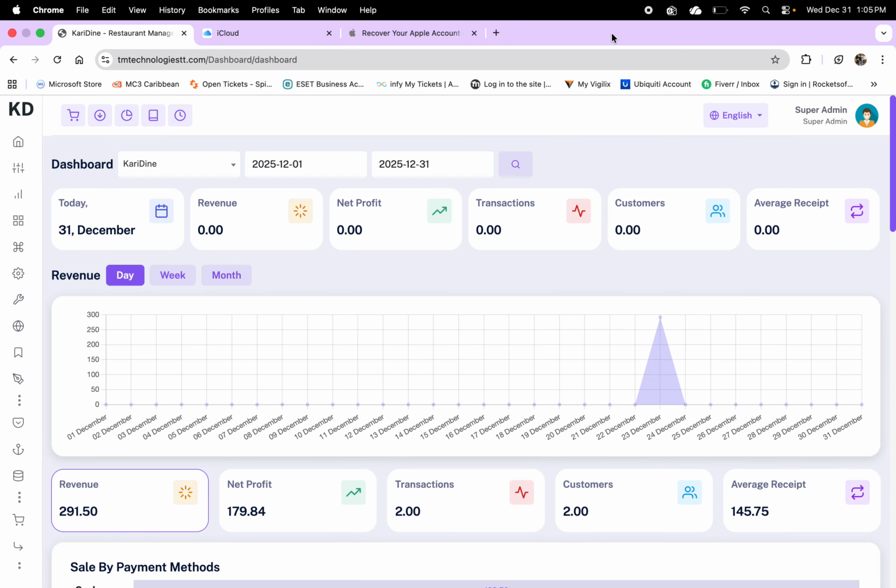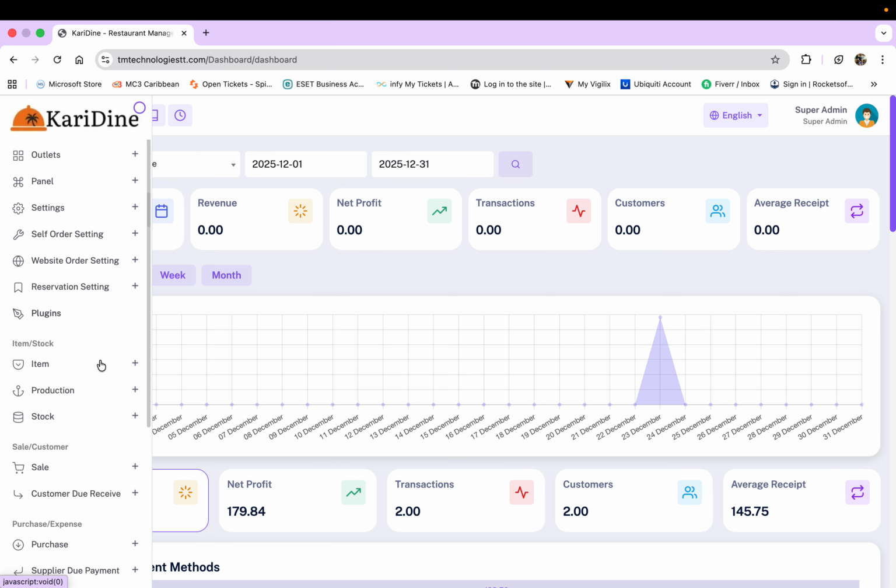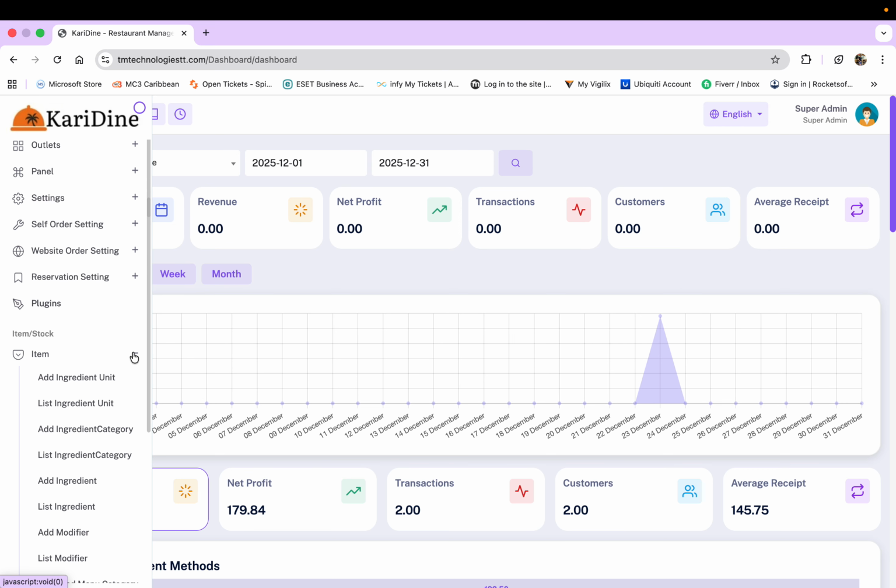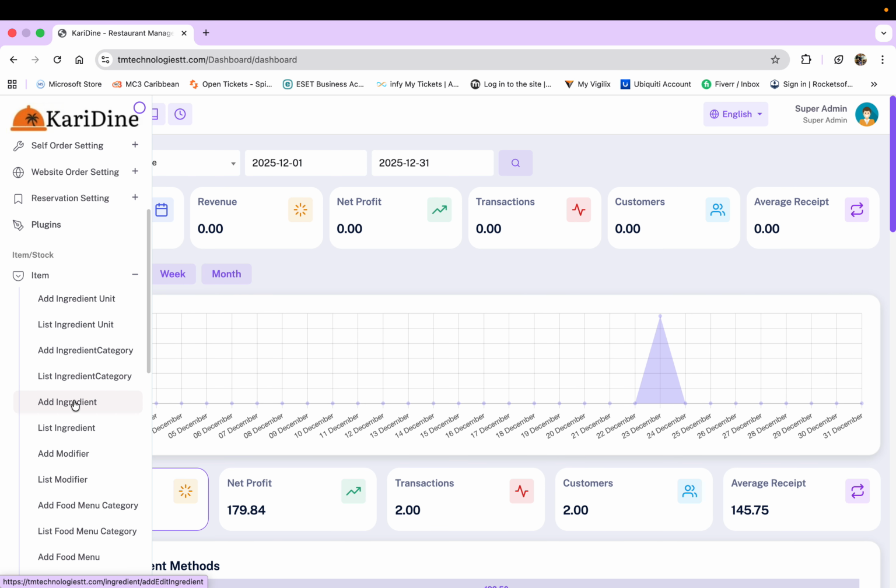Good afternoon. Thanks for joining us on a tutorial for our restaurant and POS management software, KariDine. In today's tutorial, we're going to look at our item maintenance. So we're going to add items, add variable items, add modifiers, add categories,